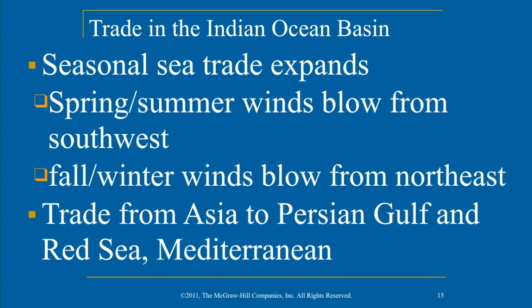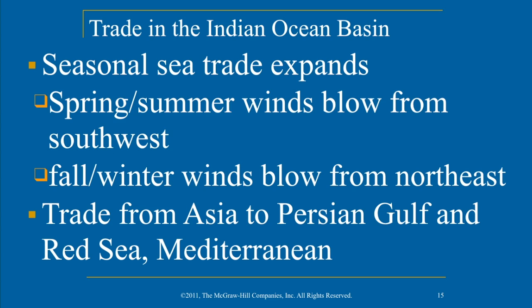So you might think to go into the ocean, right? But at this time, they didn't really have a lot of knowledge of the ocean. Now, imagine yourself being a trader wanting to go on the ocean, and you don't have any access to modern weather patterns, to modern scientific equipment that's able to tell you what the weather will be. You're really not able to predict what's going to happen out on the ocean. But what people quickly figure out in the Indian Ocean basin is that there is a spring, summer, fall, winter kind of cycle that happens every year, and people are able to use this to their advantage to continue trading along the Indian Ocean basin.